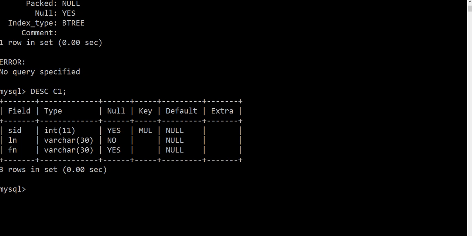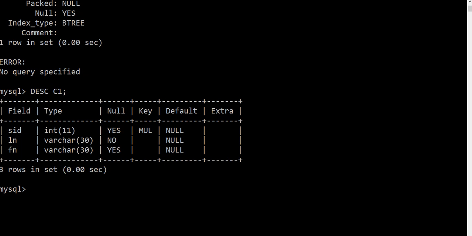So your index has been created, but you will only see the difference when there is a large number of entries in your database, and when you try to access a particular record, it will be searched fast. That is the only difference you will feel when you have a large number of records. Otherwise it will not make any difference in your execution.